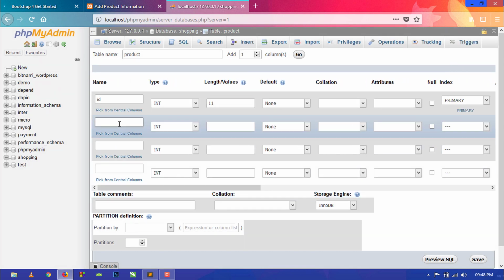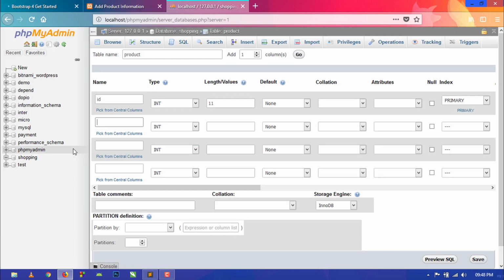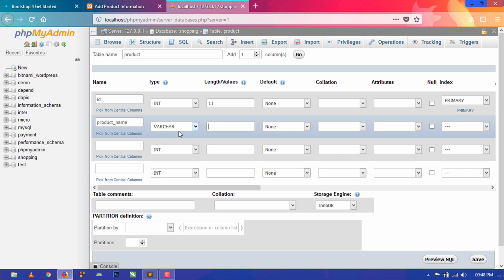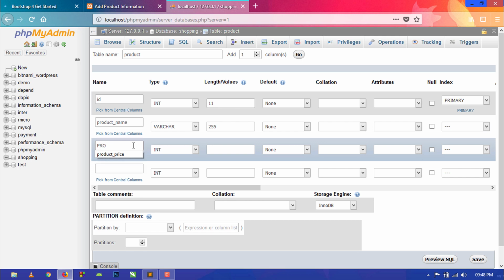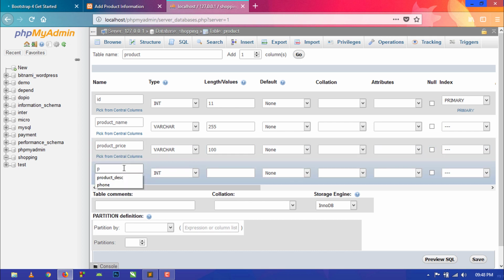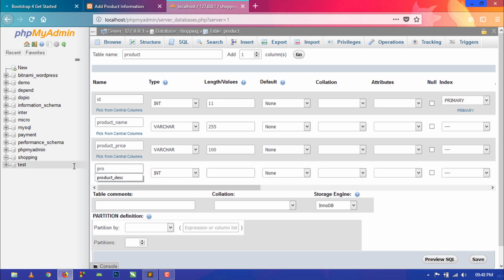Okay, now our second column name should be product name, and data type should be varchar and 255 length, and here product price, and here we will also keep varchar and 100, and here product description, product